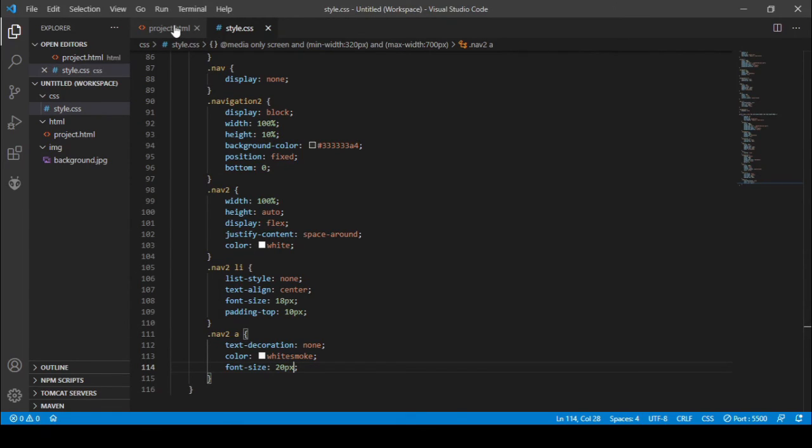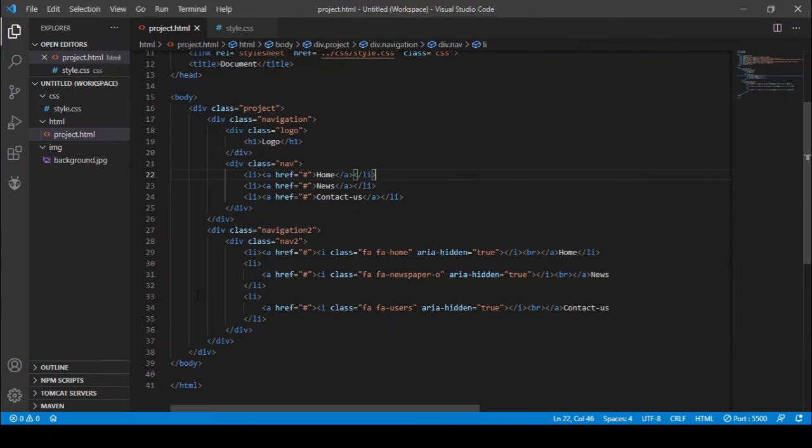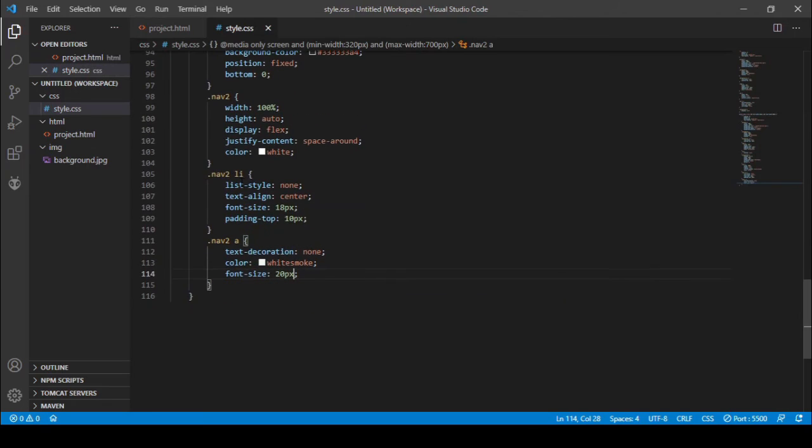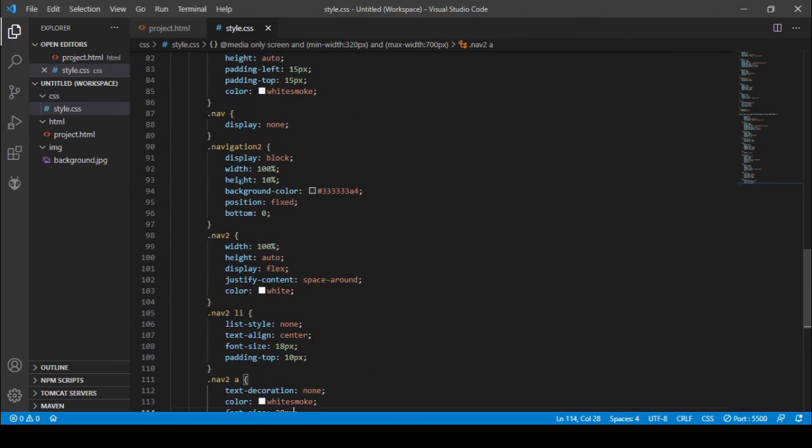So let's get into project.html on here. Let's create another class out of the project class. Let's name it as D1. Let's get into our style.css file on here.